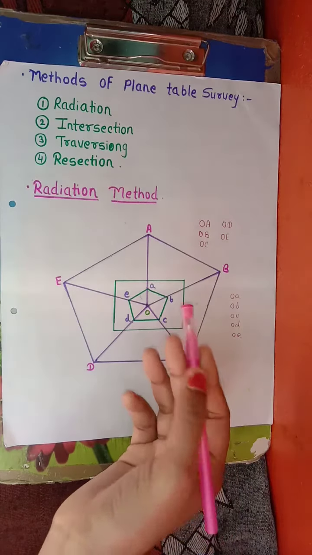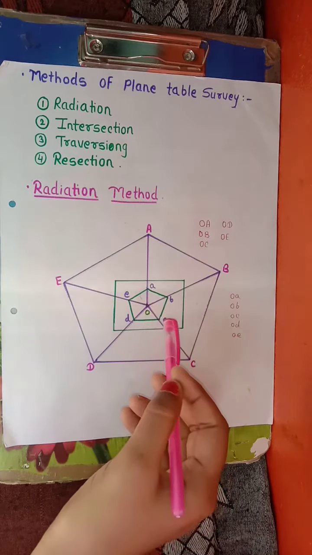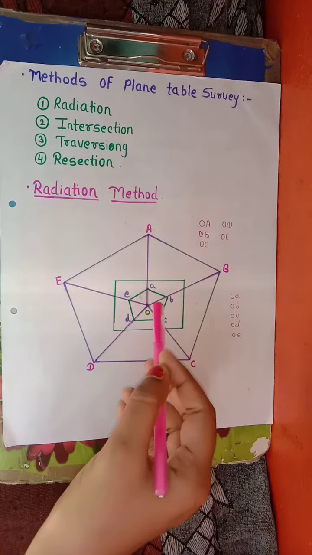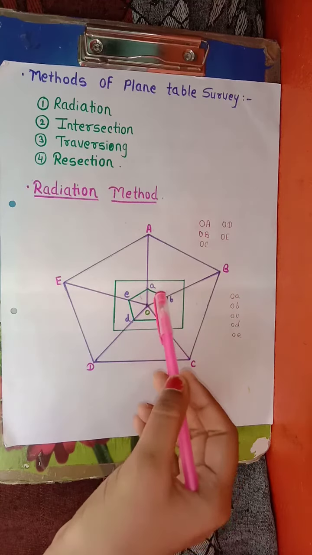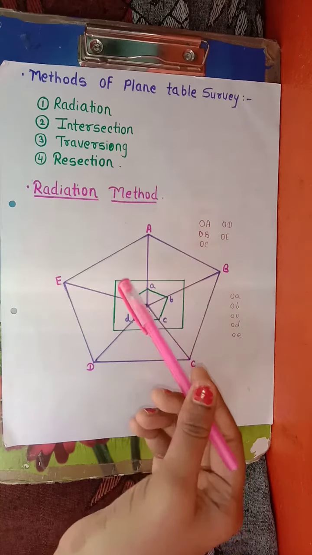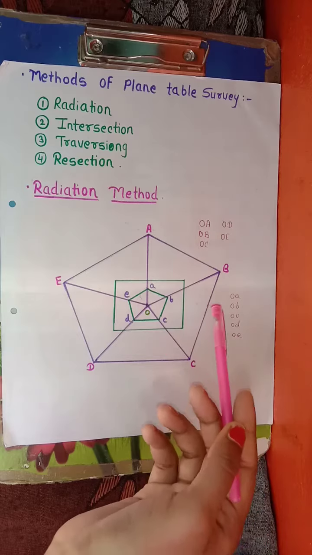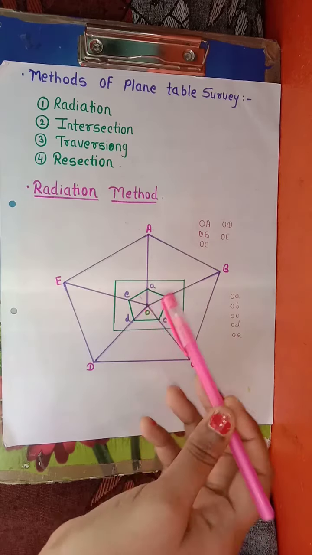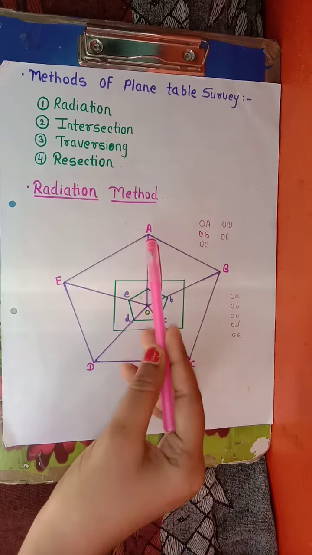So what we have to do first is mark the station point O on the ground, and then center and level the instrument on the station point O. After centering and leveling is done, mark the north direction using the compass. After marking the north direction, using the alidade, placing it on the point O, sight all the stations, that is